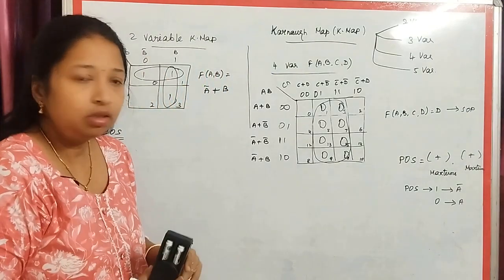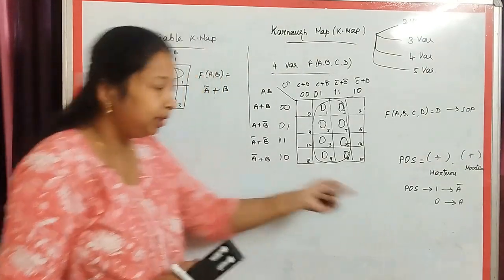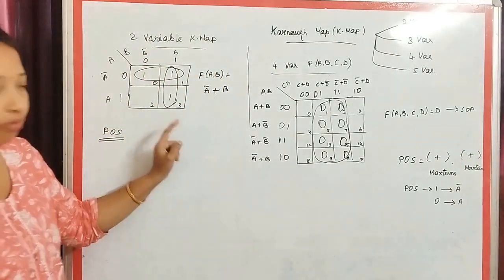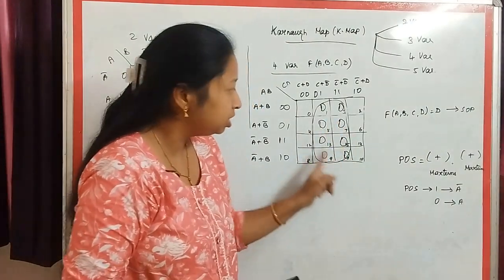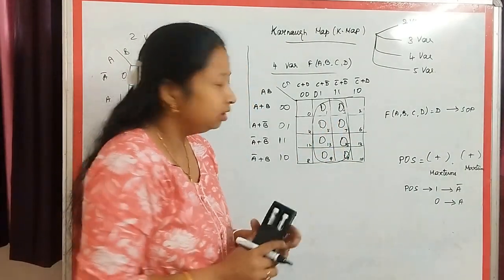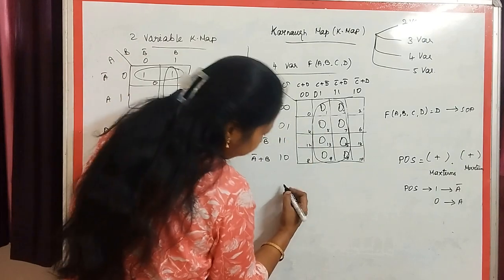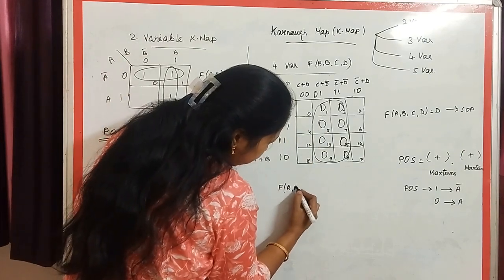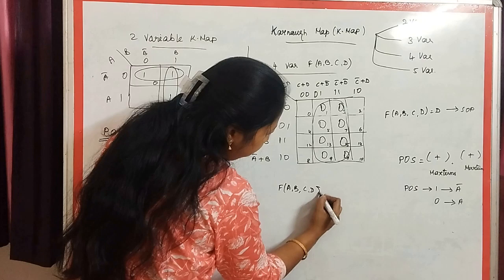How do you position the elements in SOP? We position them using 1. Whereas in case of POS, we'll be positioning them using 0. Clear? Now, find out the equation for this f of A, B, C, D, which is common on the vertical